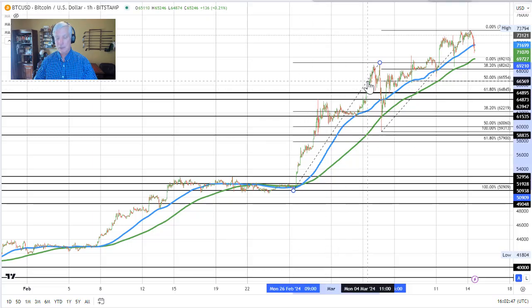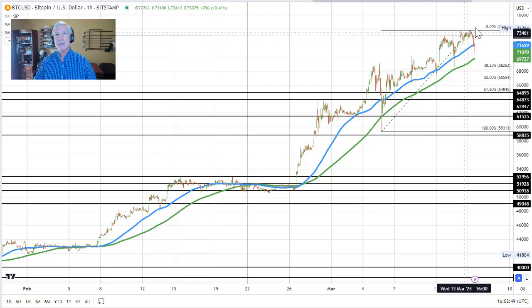Now, let's take this Fibonacci retracement and look at the last leg to the upside here. In this move to the upside, we've seen a continuation of moves to the upside, but there have been some corrections along the way. More specifically, right here, right here, right here, and right here. Each of those times, the price fell below the blue line. That blue line represents the 100-hour moving average.